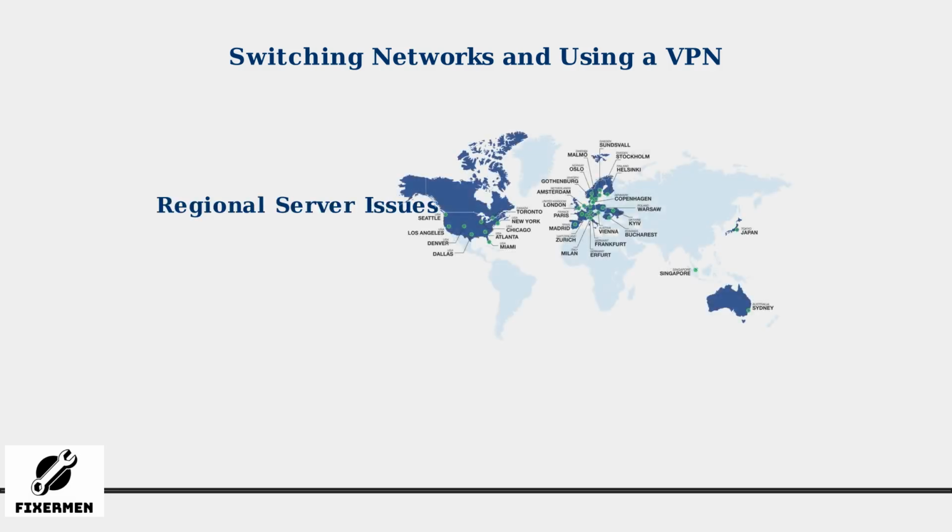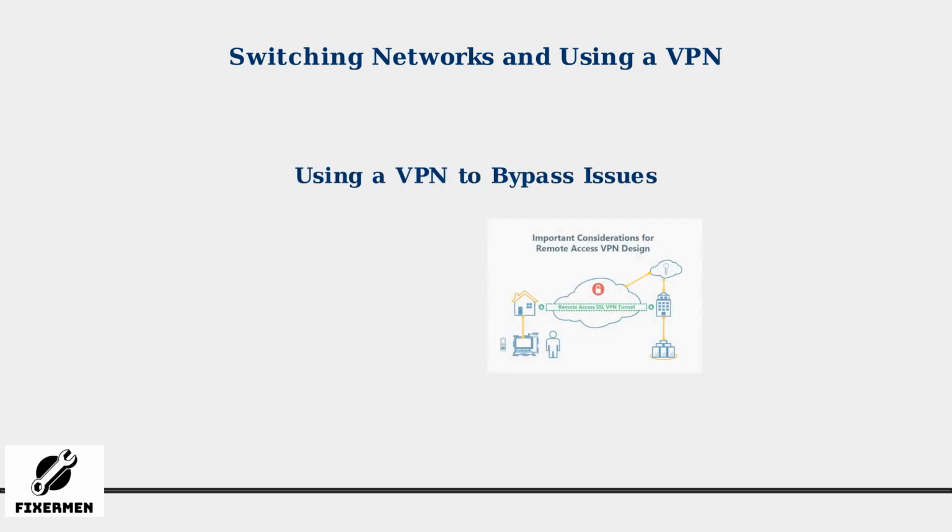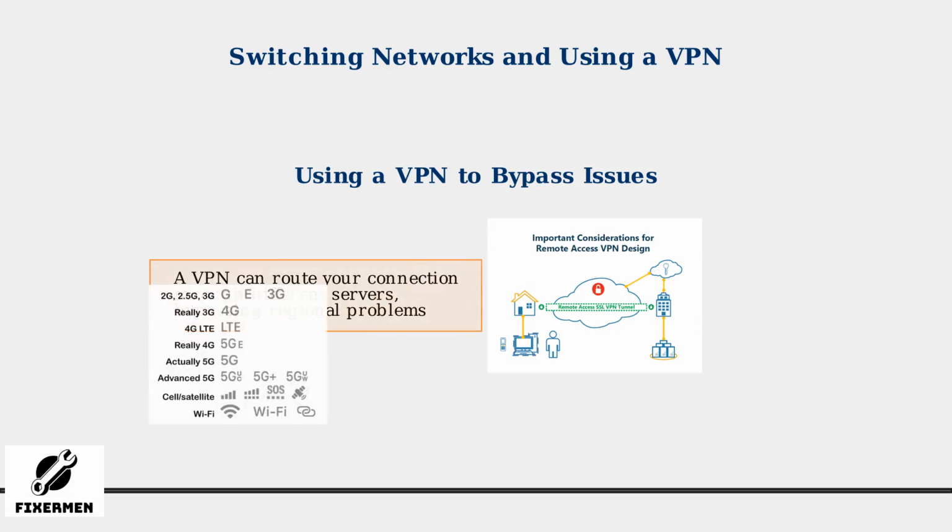In some cases, regional server issues might be the cause. Problems can occur in specific geographic areas due to local server configurations or network congestion. Using a VPN can bypass these problems by routing your connection through servers in different locations, potentially avoiding the problematic regional infrastructure. Robinhood maintains a status page at